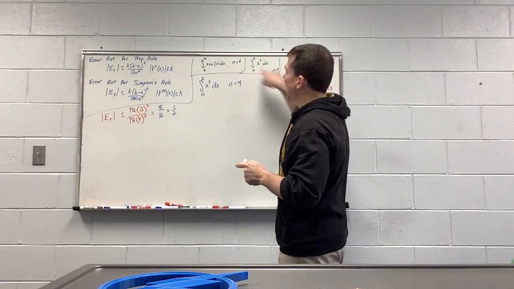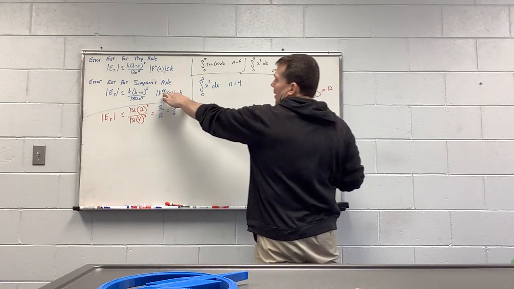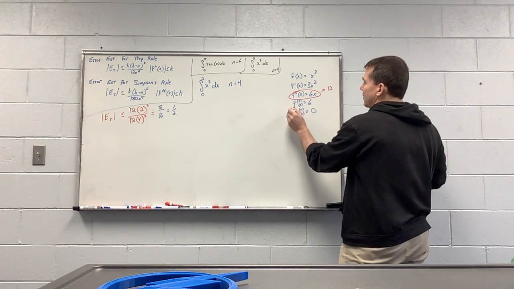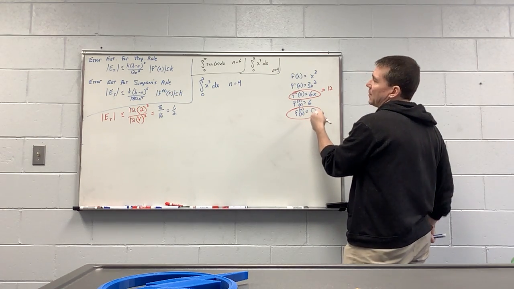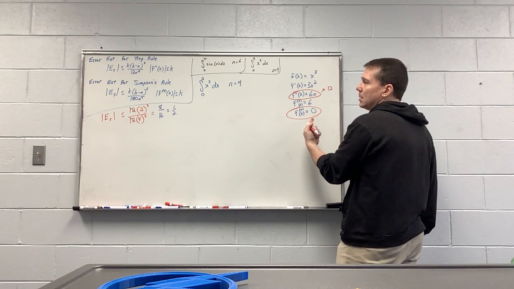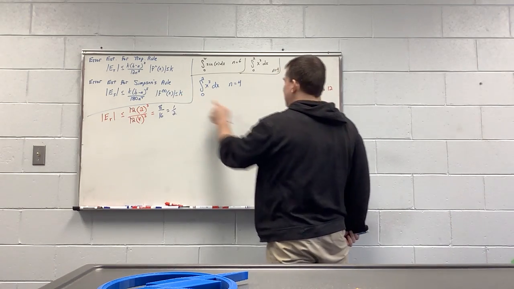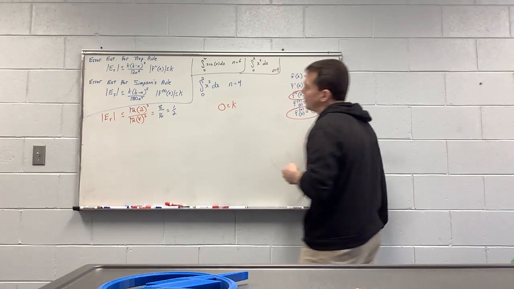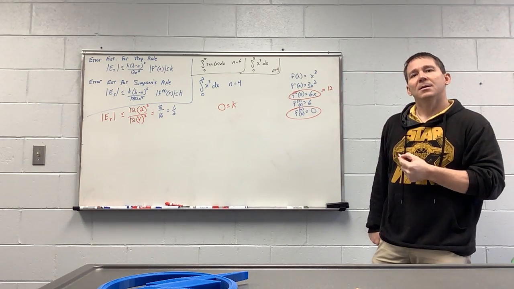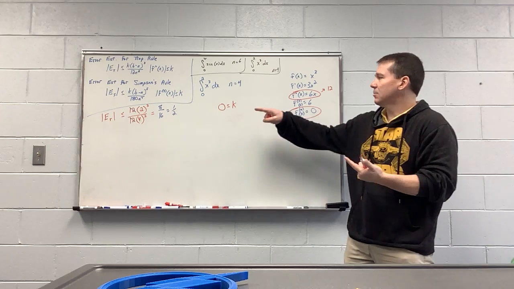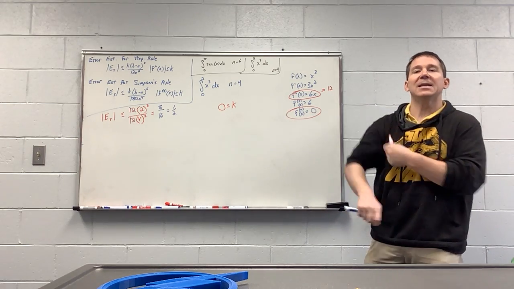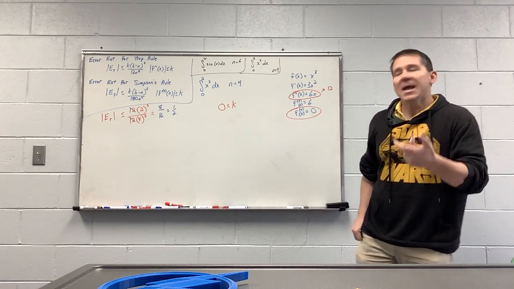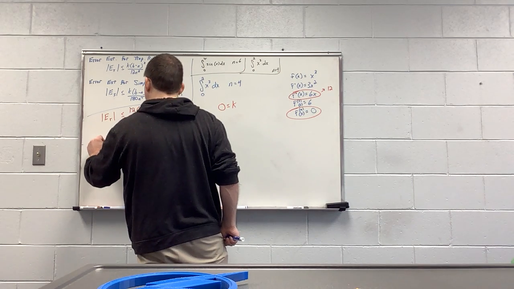If I want to do the exact same thing for Simpson's rule, I use the fourth derivative. Here my fourth derivative is 0, which means for all x's I get 0, so I get 0 is less than or equal to k. Which just means that I can actually make k equal to 0. And then my error estimate for Simpson's rule,